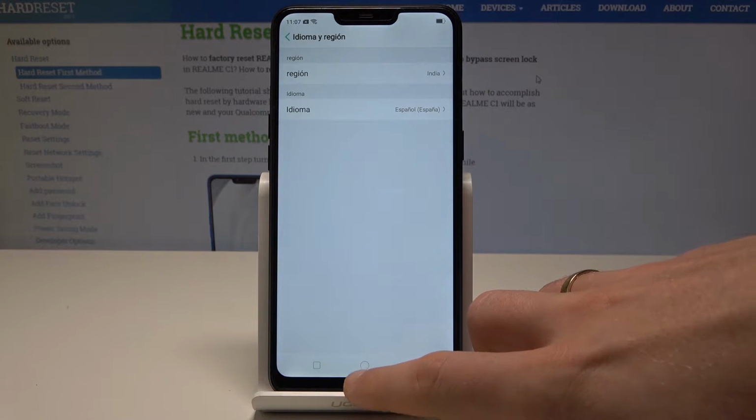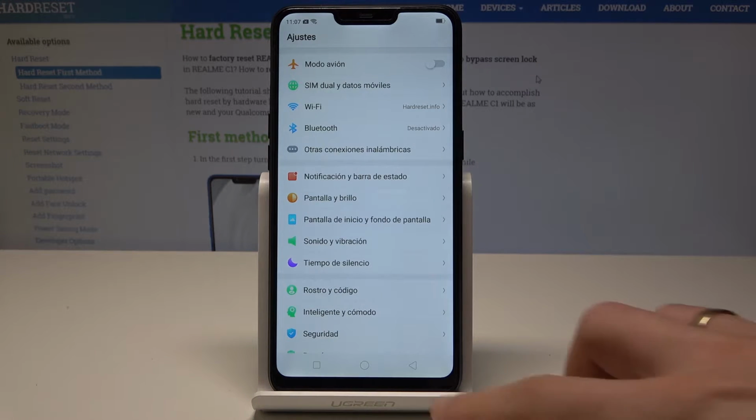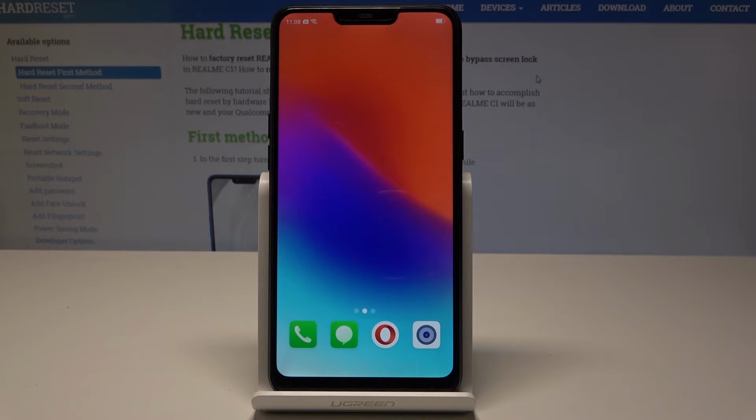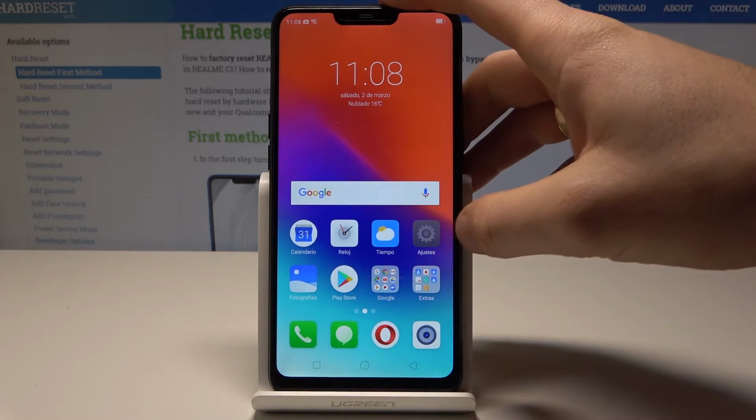Now if you would like to use the Spanish version, you can go back, and as you can see, the whole list of settings and also apps are in Spanish. If you would like to go back to previous version, to the English one, let's find here and select Ajustes,